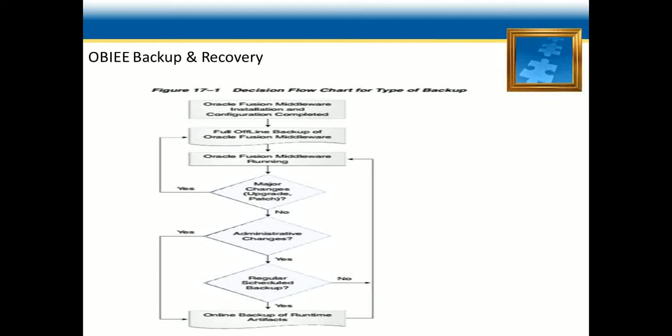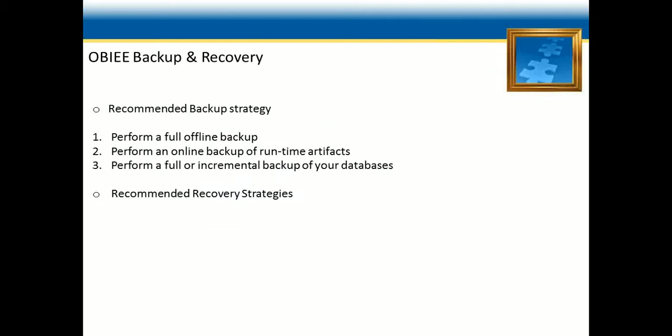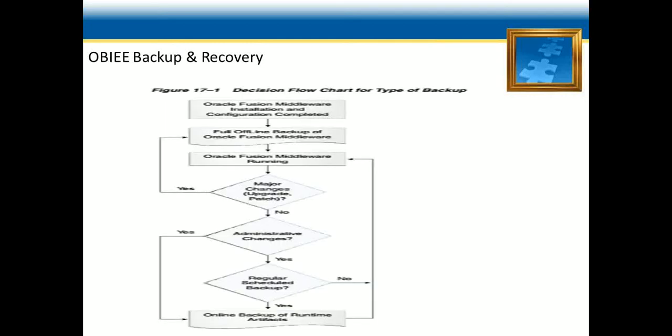We have some recommendations for recovery strategies also. Your Oracle Fusion Middleware environment must be offline while you are performing recovery. Rename important existing files and directories before you begin restoring the files from backup so that you do not unintentionally overwrite these necessary files. Although in some cases it may appear that only one or two files are lost or corrupted, you should restore the directory structure for the entire element, such as an Oracle instance home or domain, rather than just restoring one or two files. In this way, you are more likely to guarantee a successful recovery.